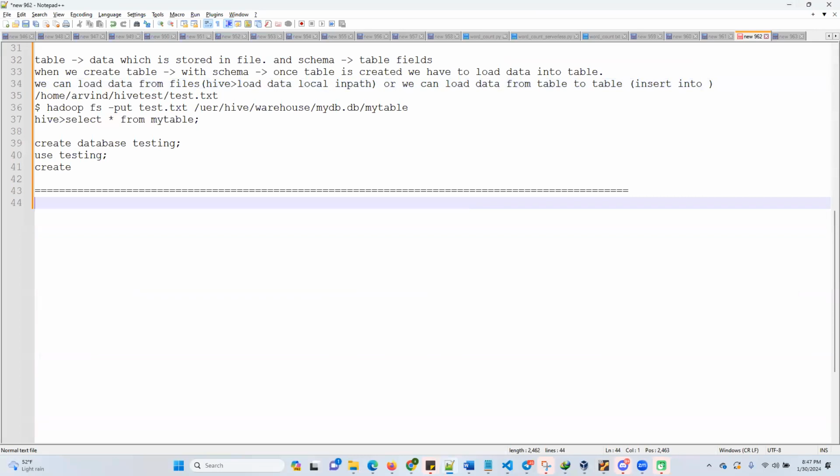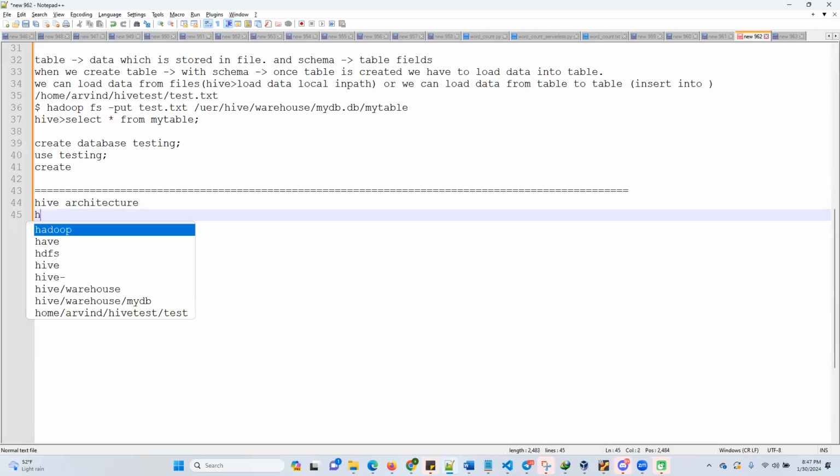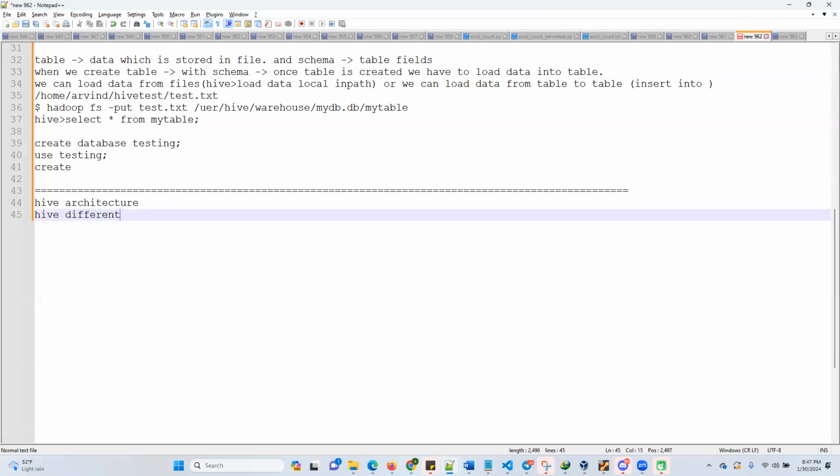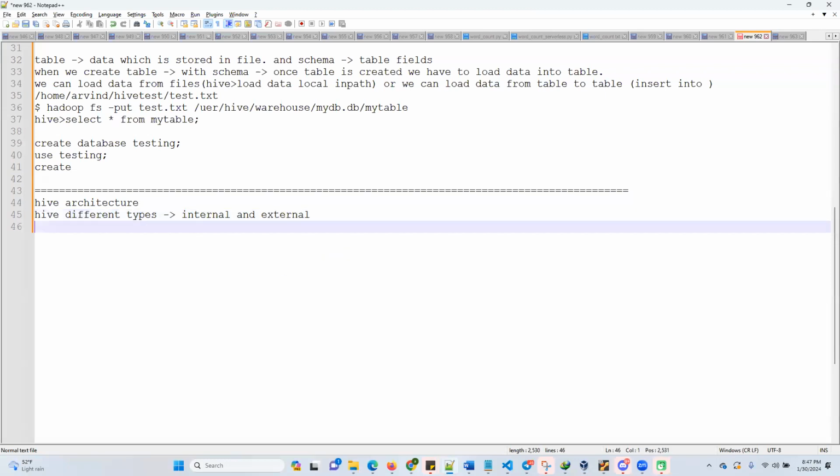So far we have seen hive architecture and different types of tables. Two types of tables are there, internal table and external table. And next is hive partitioning. Partitioning is a very important concept because it improves the performance of your queries. So partitioning, the main use is improving